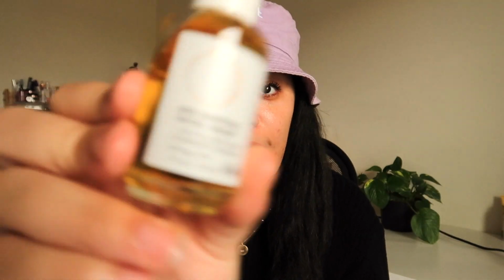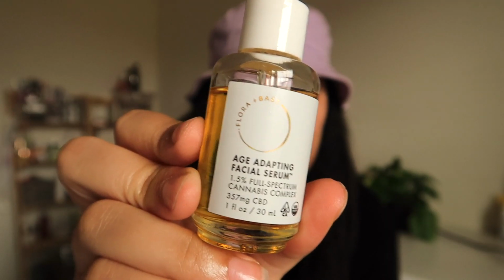Up next, we just have this Flora and Blast Age Adapting Facial Serum. I absolutely love this stuff. I'm only 25, so I'm not really going to speak to the age adapting or anti-aging prospects or anything like that. I think it's kind of dumb when people who are fairly young and aren't in that aging stage yet talk about anti-aging products, because it's like,